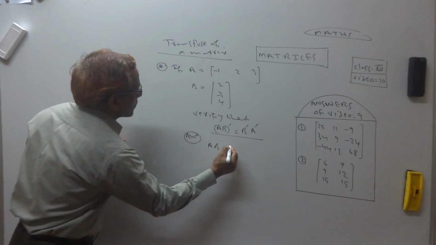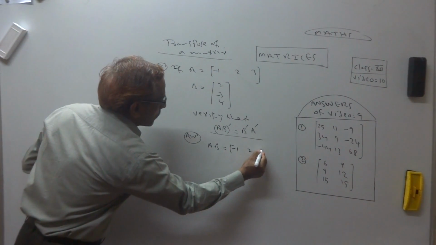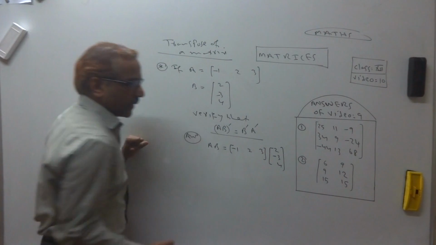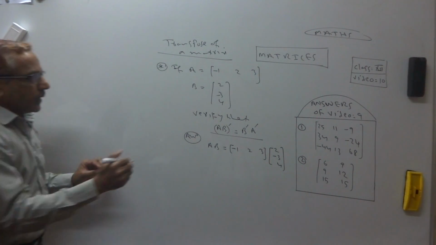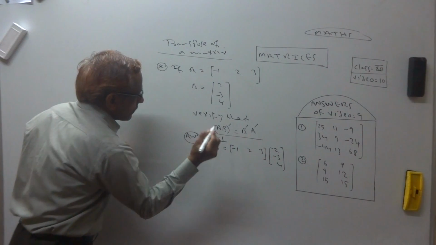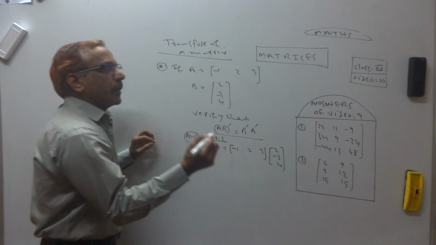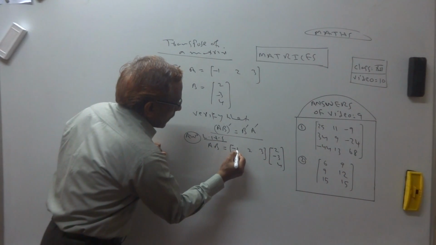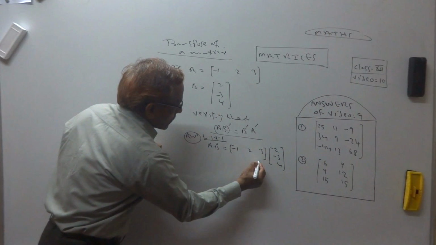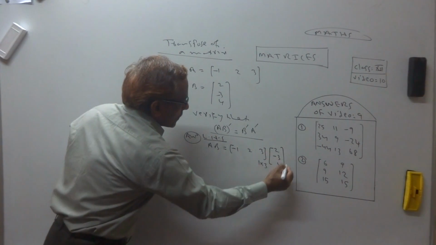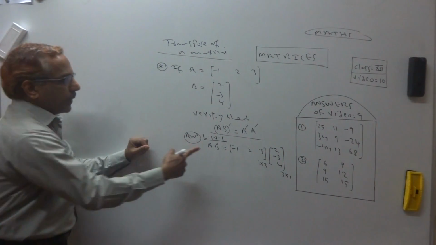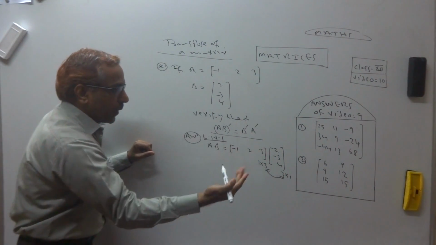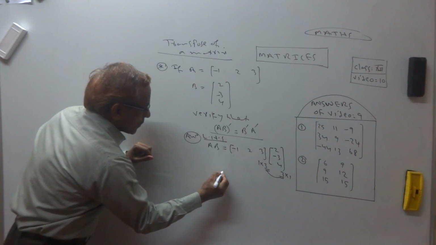So I am finding AB first. A is -1, 2, 3 and B is 2, -3, 4. Yes, I have to multiply first. AB, left hand side. Whenever we multiply, first we check the condition. A has how many rows and how many columns? What is the order? 1 by 3. B's order is 3 by 1. You know that we can multiply AB when the last number and the first number are the same, and the result is what? 1 by 1. Okay? So I start.